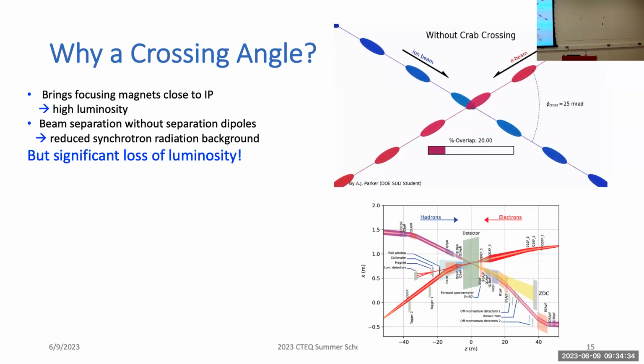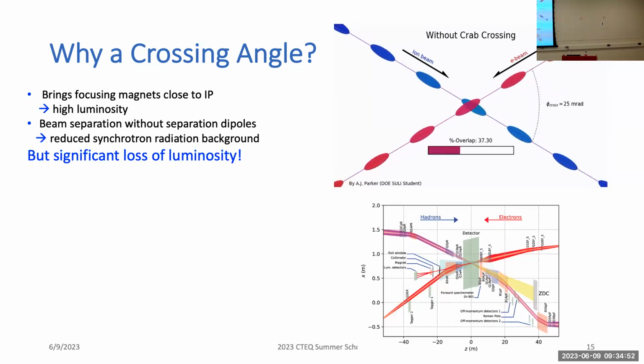What you also get is the beams come out at an angle, and so you have space as the beams separate to be able to put instrumentation in the beams. So it buys you two things, but it does something really bad. And I suspect Todd will talk more about this in his talk today, but it does something really bad